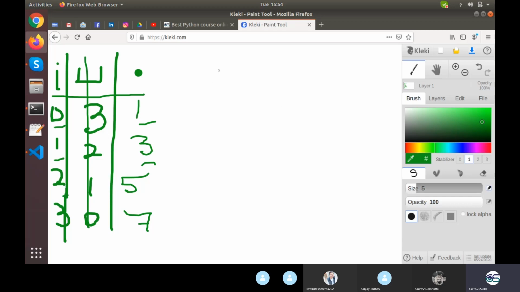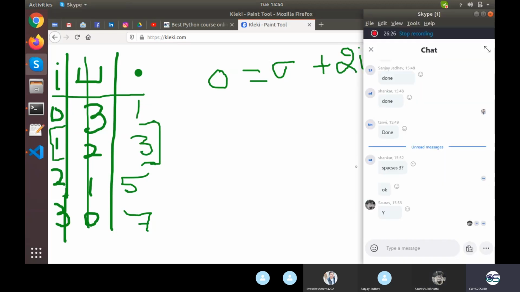So stars are increasing. That means the value of star will be something plus I, and not just I, it will be something plus 2I, because change of 1 unit right here is leading to change of 2 units right here. From 0 to 1 it took 1 to 3, from 1 to 2 it took 3 to 5. So I want here something plus 2I. Yes.